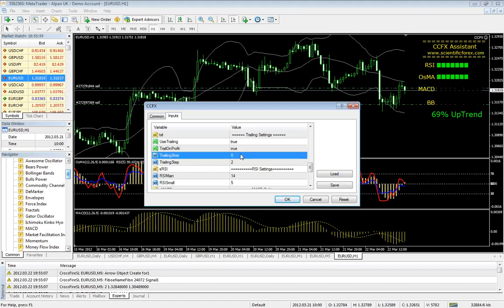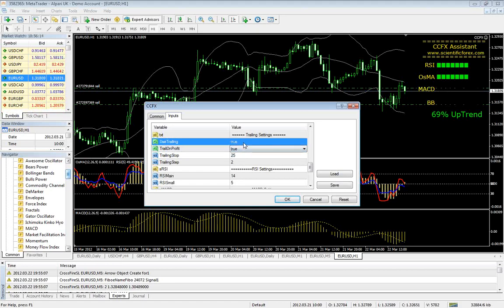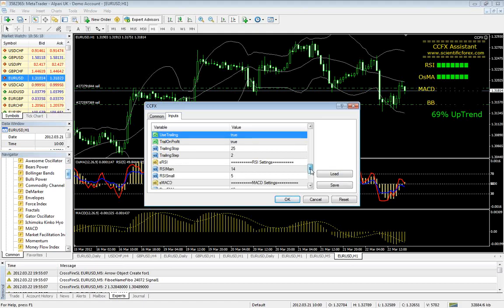If you set this one to false, trail on profit, it will trail right away, and it will change your stop loss right away. It will not even ask you. So just play with it on a demo. Don't worry, you will not break anything. Take your time, work with it. You can go to lower time frames, take all of the signals, and just see how all of these parameters